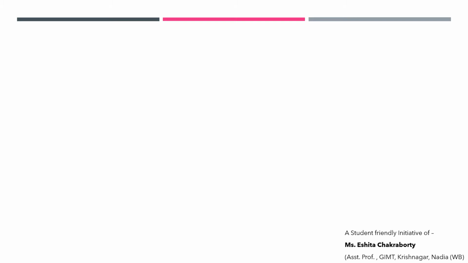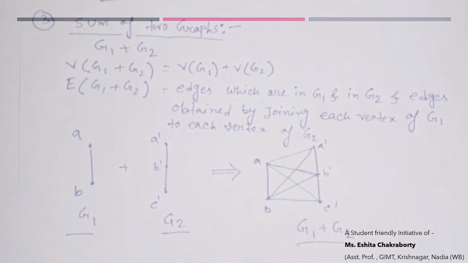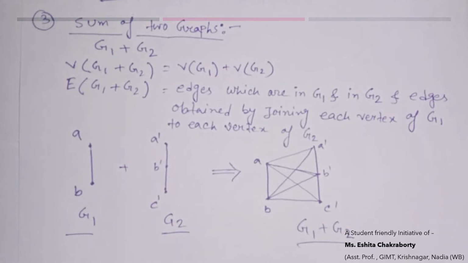Now the third operation is the sum of two graphs. Okay, so the sum of two graphs is represented as G1 plus G2. In this, the vertex set of G1 plus G2 is V(G1) union V(G2), and for the edge set of G1 plus G2, we take those edges which are in G1 and in G2, and the edges obtained by joining each vertex of G1 to each vertex of G2. Okay, so if we take a graph like this,